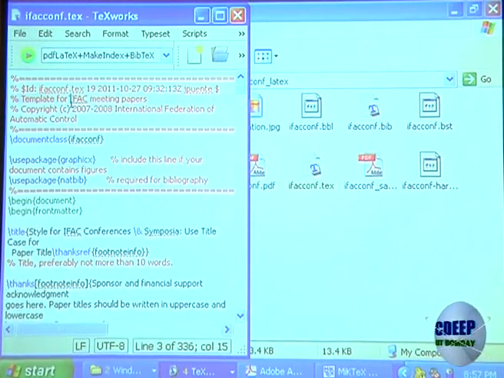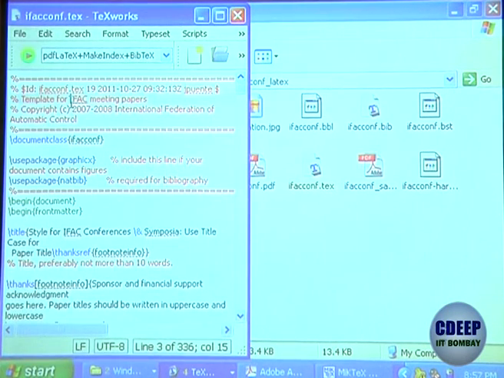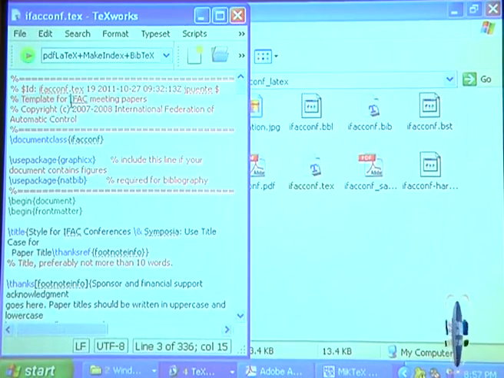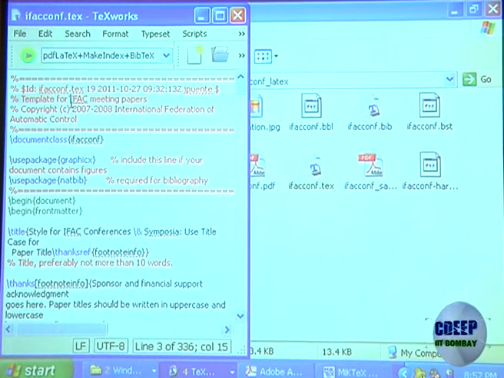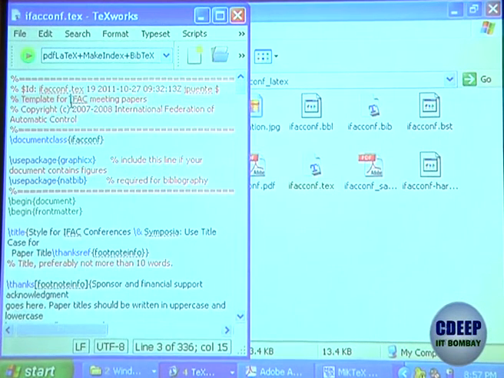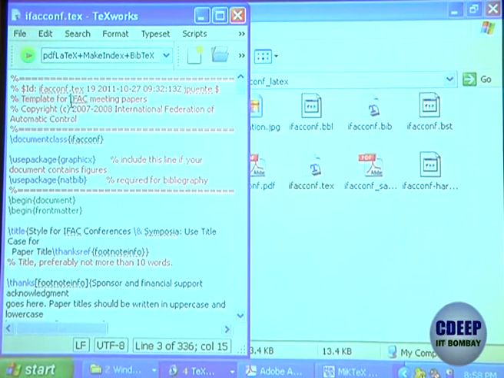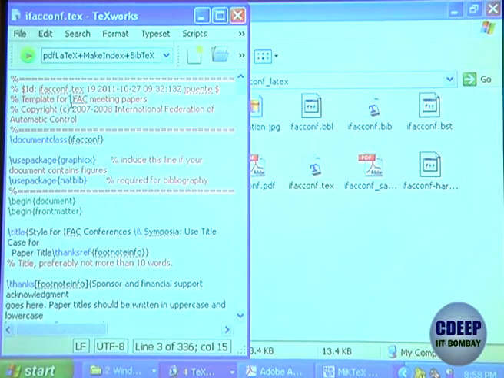Generally this is recommended: when you get a template, you run it as it is on your system once and see that it is working by default. Many times people change something, they run it and they make mistakes in changing that, and they keep blaming that the template given was wrong. It will never happen that any publisher will give a wrong template. They will always give a tried and tested template that will work on any OS, any software. They make sure it is working across. Only then they will release it, right?